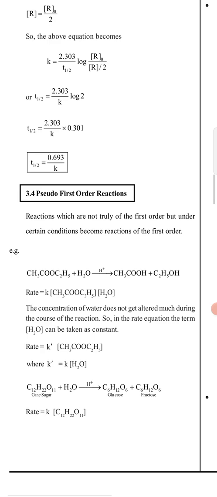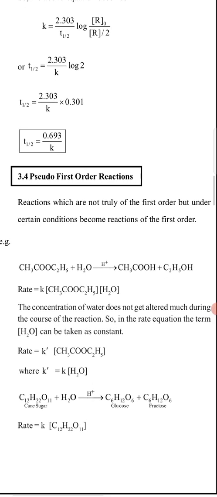This is the formula of ester, CH3COOC2H5. The ethyl group is there, and the COOR group is there, that is why it is an ester. And when it is hydrolyzed, or reacts with water in the presence of H+ catalyst, meaning an acid catalyst, it will form CH3COOH and C2H5OH, that is, acid and alcohol.